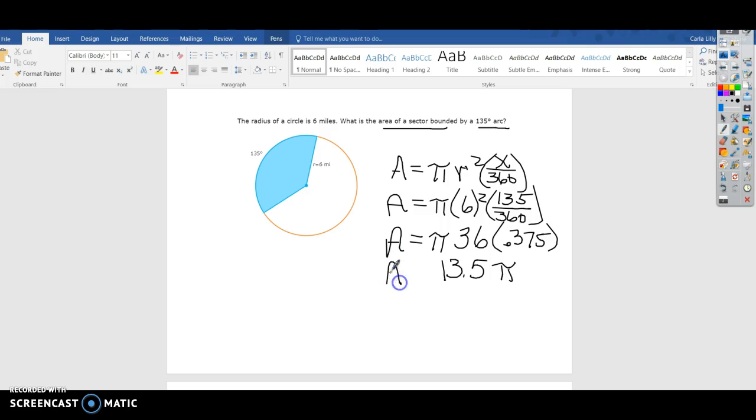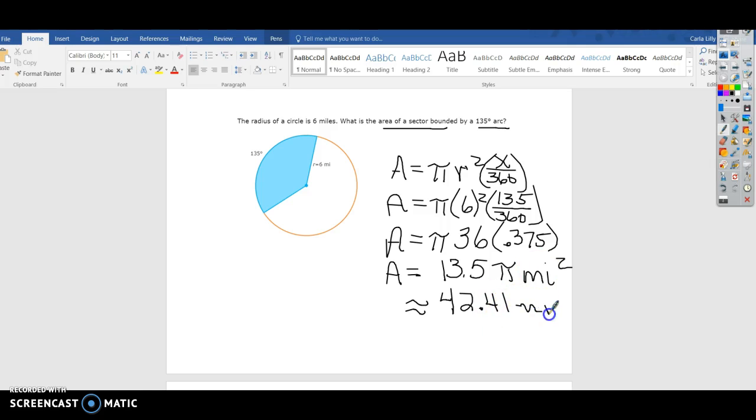All right, so the area equals 13.5 pi, and it's in miles. And because it's area, it's squared. We also can take our calculator and multiply 13.5 times pi. Pi is a button in your calculator, so if you look, it's one of the blue ones, so it's second and the little caret button, or it's right under clear in blue if you have a TI-84 or a TI-83. Okay, if you multiply that, that's going to give you approximately